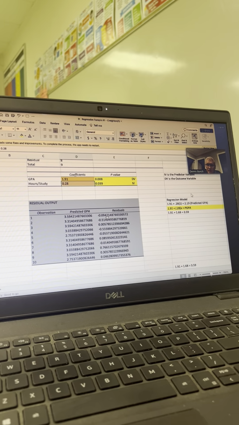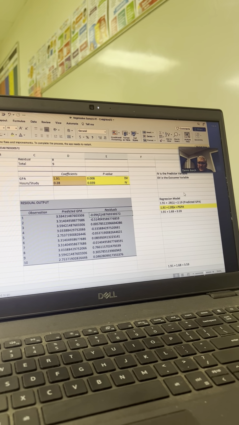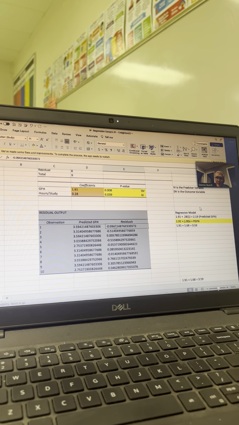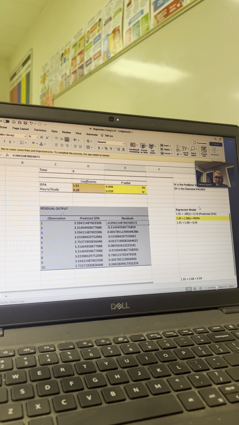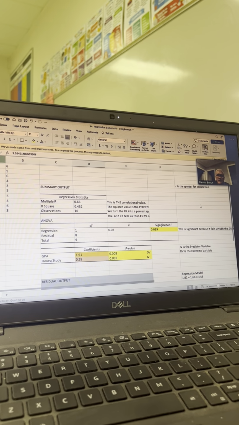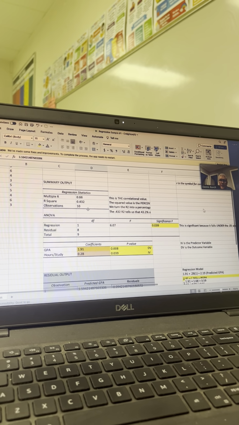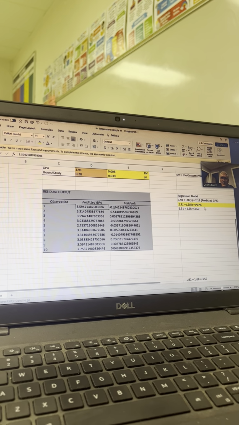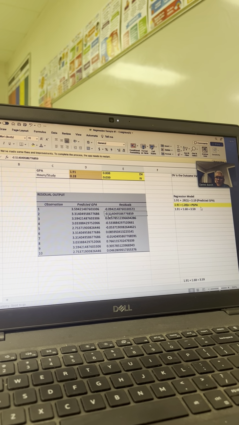But look at that kid. So see the negative number? That's telling it that this kid actually underperformed, did not quite make what he was supposed to. And he made a 3.5 when he was supposed to make a 3.59. So he was under by 0.09. Okay. And that's what the negative is. So this kid was under